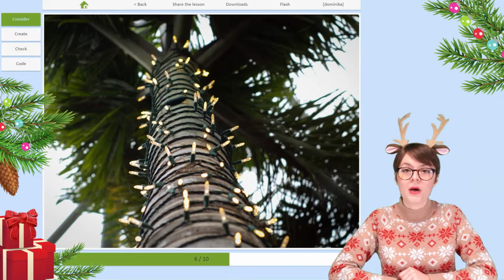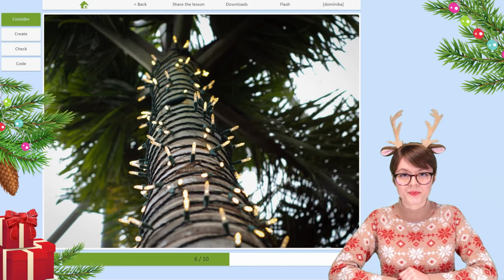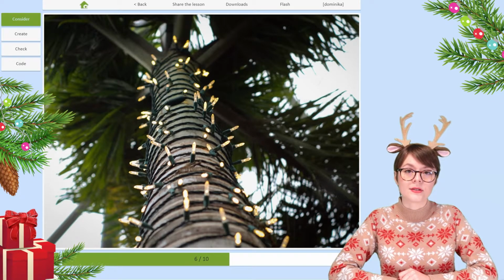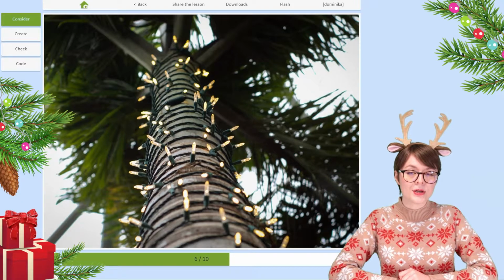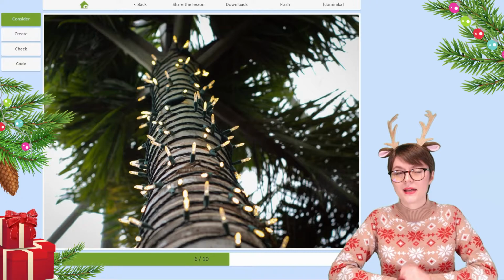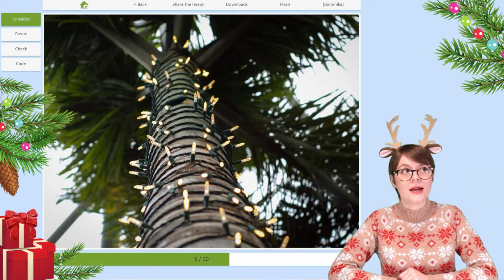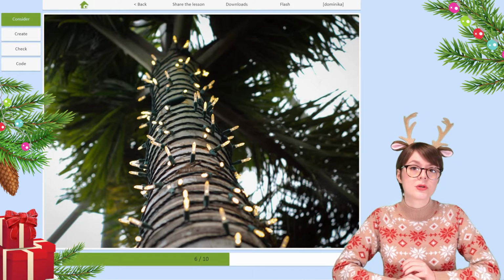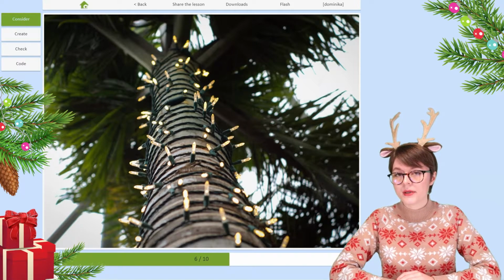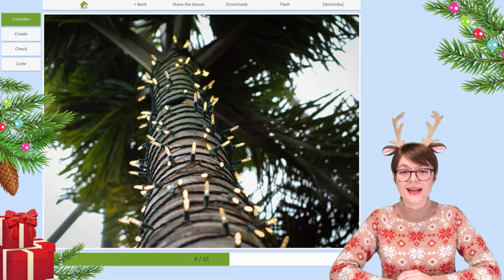One of the most popular traditions is probably the tradition of decorating a Christmas tree. The lights hung on a Christmas tree actually symbolize the victory of light over darkness, of life over death. However, a Christmas tree doesn't really have to be a pine tree. No. You see, in countries where Christmas falls on summer, people often decorate palm trees with lights, and it looks